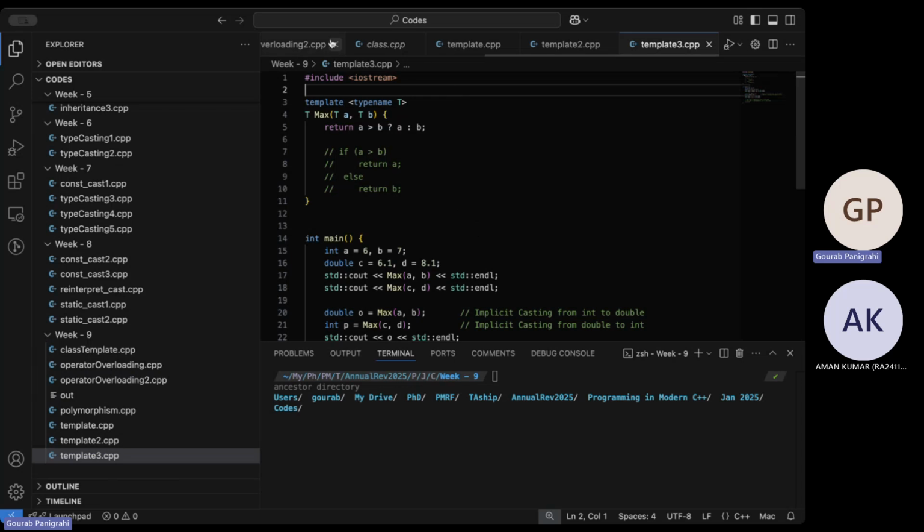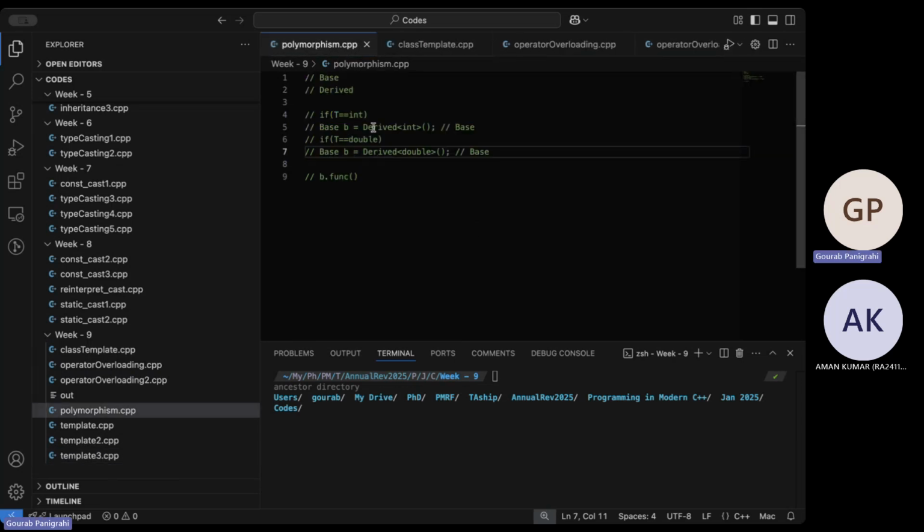Like I showed here, I'm creating derived with, let's say, integer, double, and so on, and then storing it in the same B. You can have different objects and not have the if statements. You can have B integer, B double, and so on. You can do that actually.